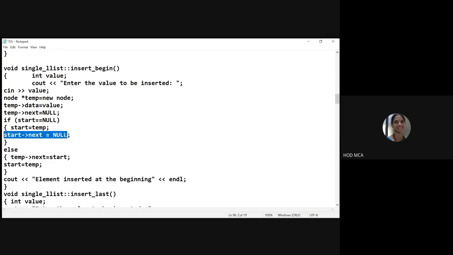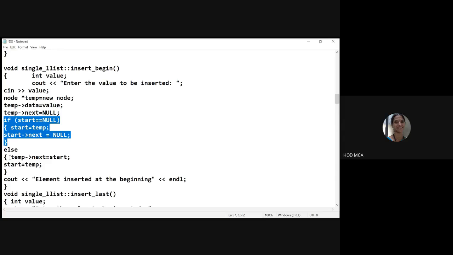The list was empty, and you have inserted this node, so there is only one node in the list, and its address is held by start. That itself is called start, and start of next will be null, because you don't have any more nodes joined. This is the case if my list is empty and I am inserting one node into the list.